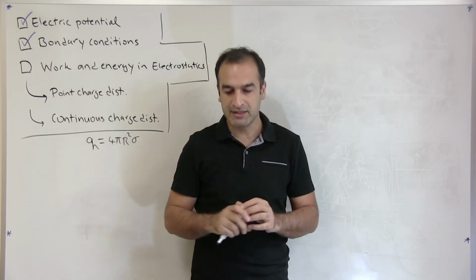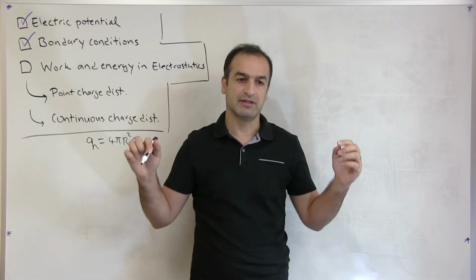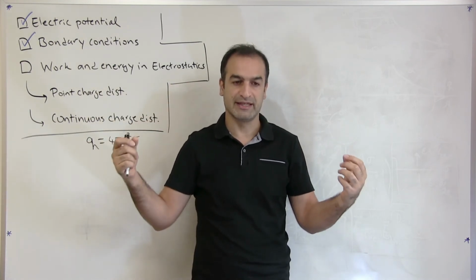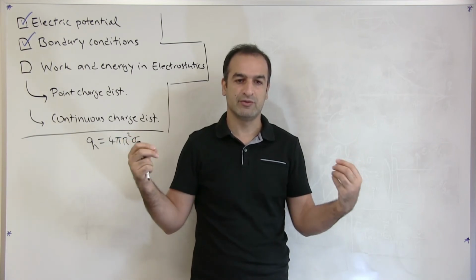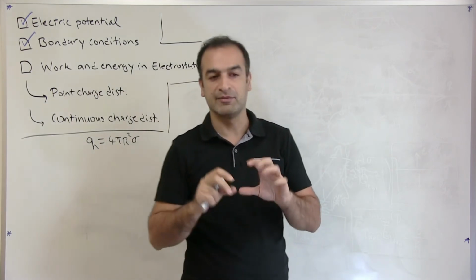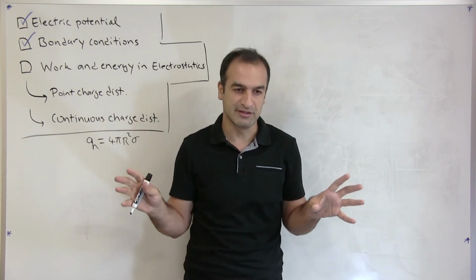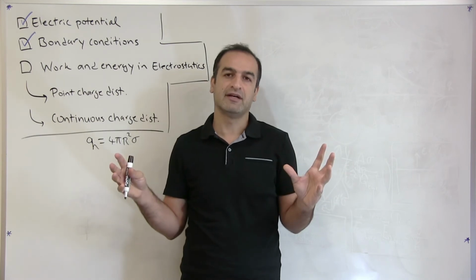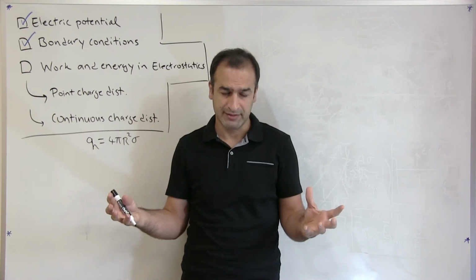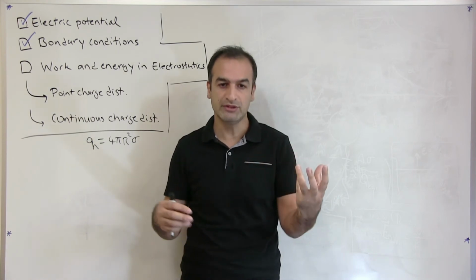Okay, so what we're going to discuss here is I want to start from very basic, simple configuration of one or two and a few more electric charges, point charges, and I want to discuss what kind of energy we need to spend to bring these charges together. Okay, so I'm going to start with point charges, and I'm going to move on from point charge to continuous charge distribution, as we did for many of the discussions in this course. Okay, and from that, I want to discuss what is the force and work and energy, okay, the work and energy needed to create a specific charge distribution, either point charges or